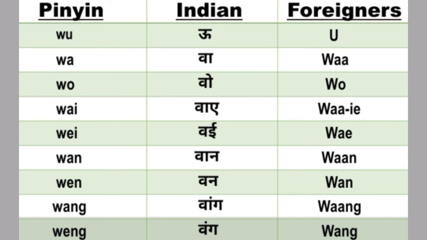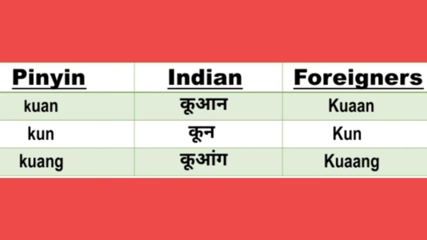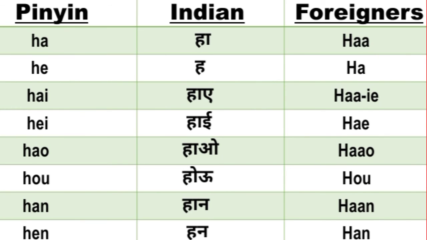It has a pronunciation of One. Repeat after me, One. The next Pinyin is WANG, which has a pronunciation of Wang. Repeat after me, Wang. The next Pinyin is WENG, which has a pronunciation of Wang. Repeat after me, Wang. Now viewers, I would like you all to practice the pronunciation of K, H and SH